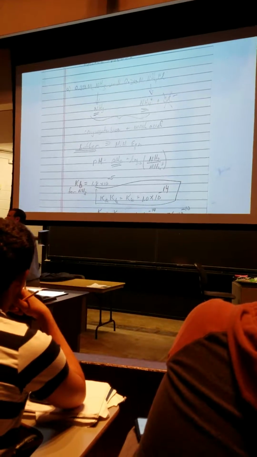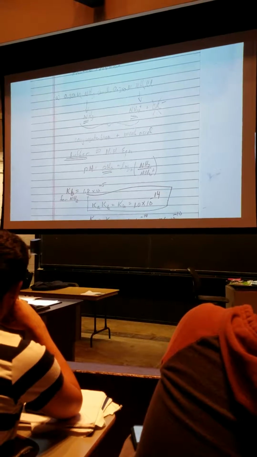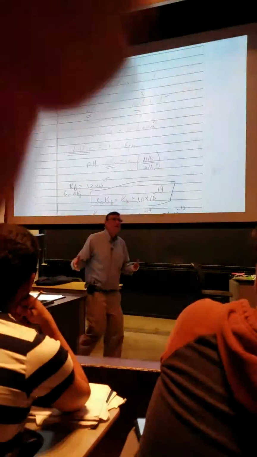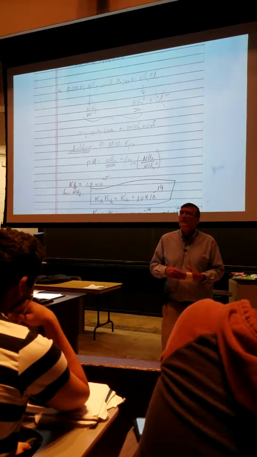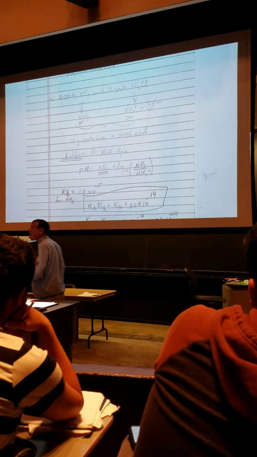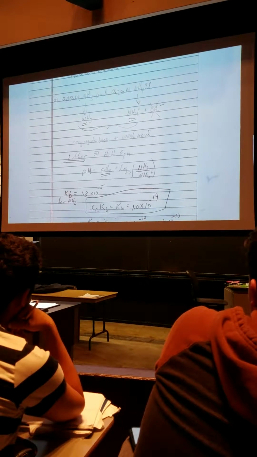Answer the question. It's a good question. When can you use Kb? Primarily use Kb for when you have a weak base plus water. If you have a weak acid and its conjugate base, I recommend using the Henderson-Hasselbalch equation, or you can set up a nice ICE table with Ka. And if you want to give it a try, you can set it up with Kb